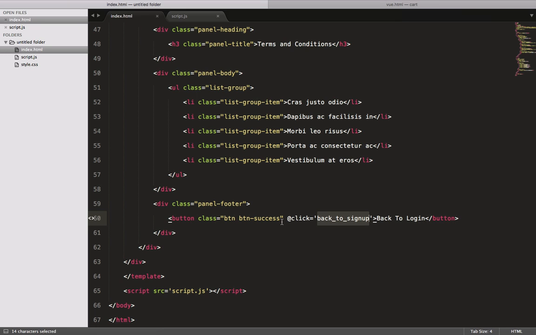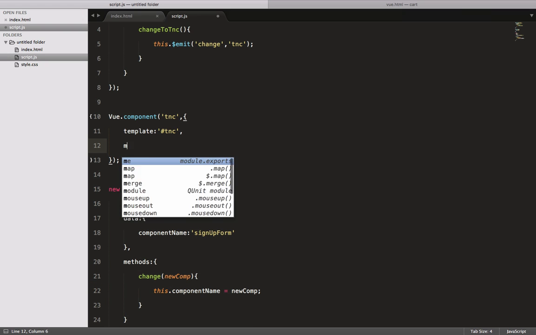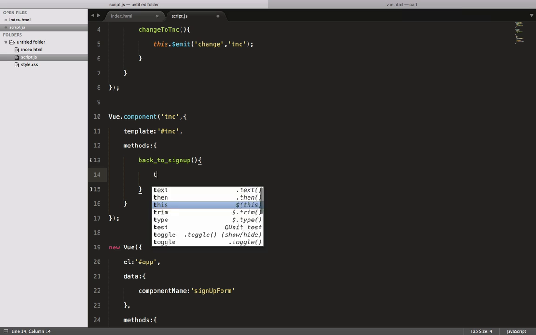So here this means whenever I click on this back to login, then I will give this method. So that method will be inside this tnc component. So again, methods will be back to sign up, and then this will